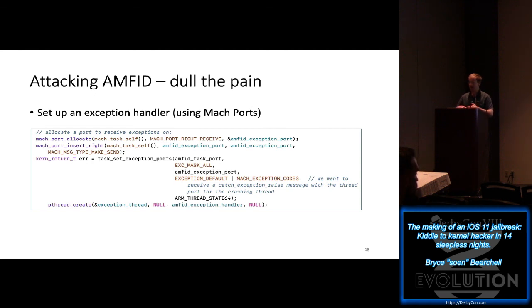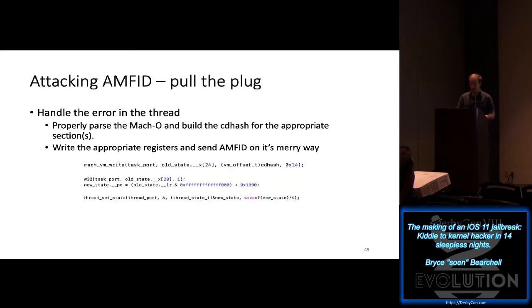We can create a separate process to deal with this, and it'll handle all of Amphi's deaths as we kill it repeatedly. So once we've triggered a fault inside of Amphi by running a program, now we need to actually handle it and return the value true, because all the kernel text is looking for is, hey, userland Amphi, is this process signed? Oh, great, it is. Let's run it. So all we have to do is set up some registers with the new hash,